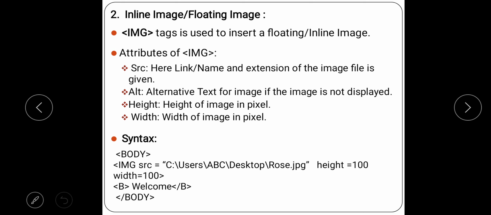So here you can see we will be using the img tag, and the attributes we will focus on. The first attribute is what? src. That means the source file which you want to call.